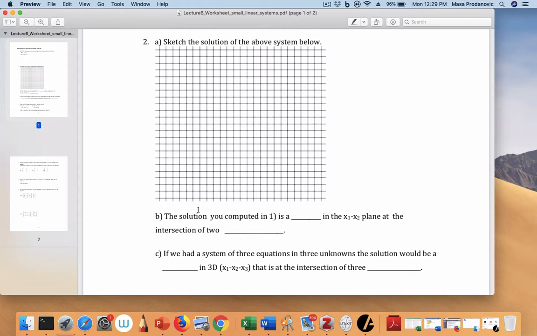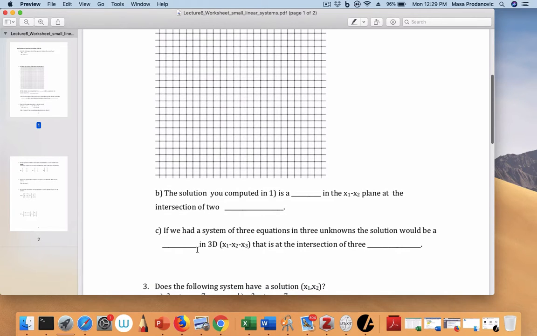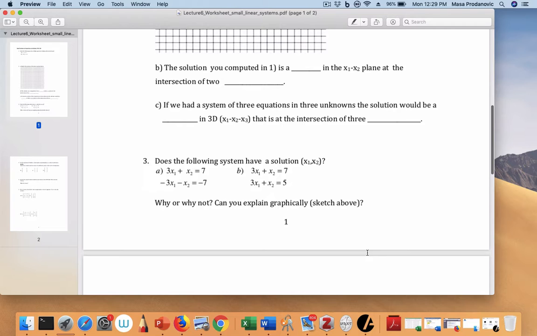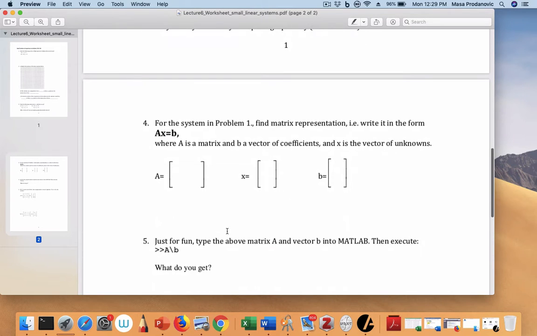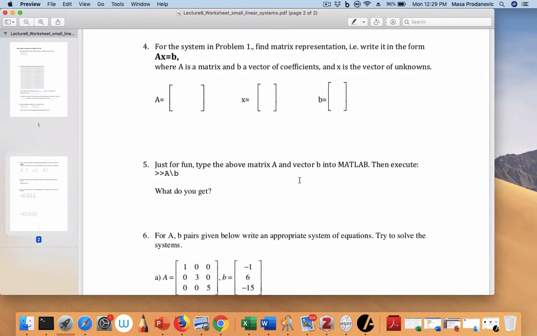But it does extend, and yes, we do come up with systems that solve for a lot of points. Okay? So then basically I have answered this long story. If I had a system of 3 equations and 3 unknowns, the solution would be a point in 3D that is at the intersection of 3 planes. That is if I actually have a solution, right? All right, well, move on to 3